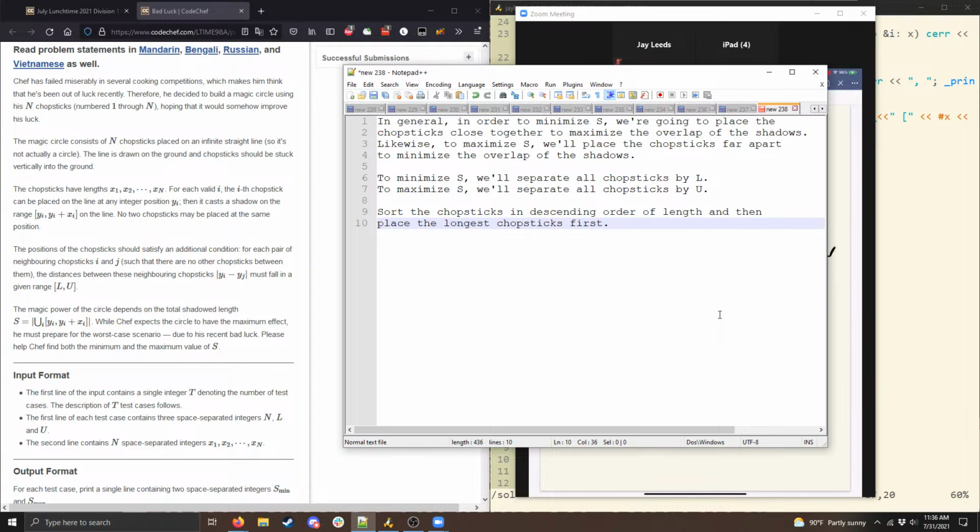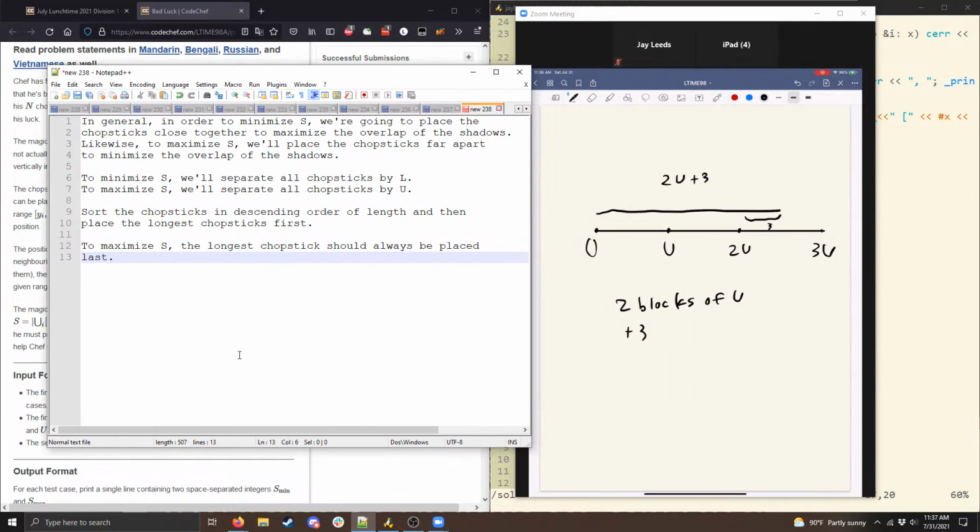Sorry, the separate claim here is that to maximize S, the longest chopstick should always be placed last. The idea is that that's going to prevent it from overlapping with any chopsticks that come after it. Again, that's an intuitive idea, but not a proof. I'm guessing the editorial will have proofs of everything. But I think the role of these video solutions is more to give intuition than to get bogged down in anything too formal. So then we have n-1